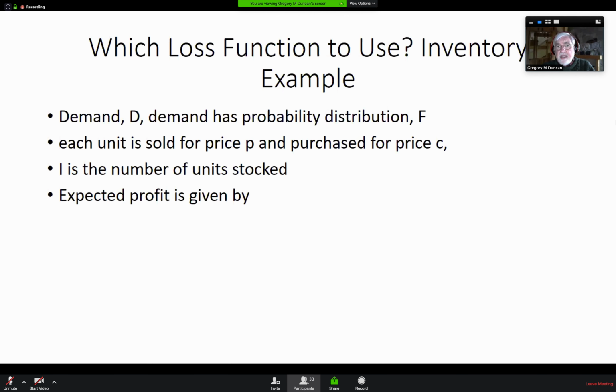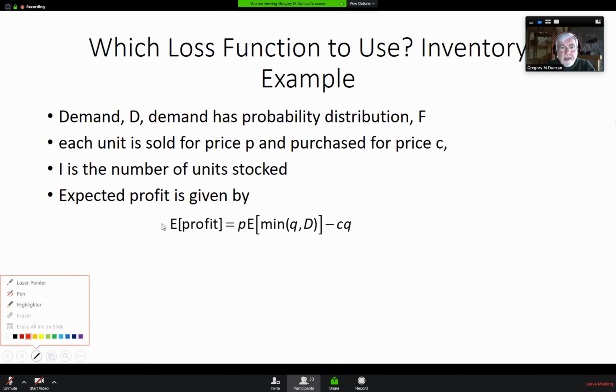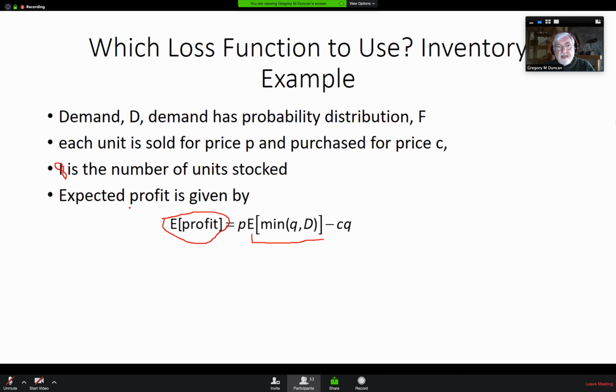Your expected profit is given by this, okay? Let's do this. Do red. Expected profit, okay? This is the important thing. So I have the demand, and I probably should have said Q here instead of I. Let Q be the number of units stocked, okay? So